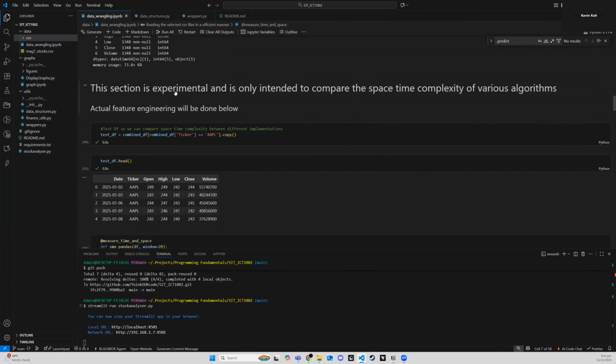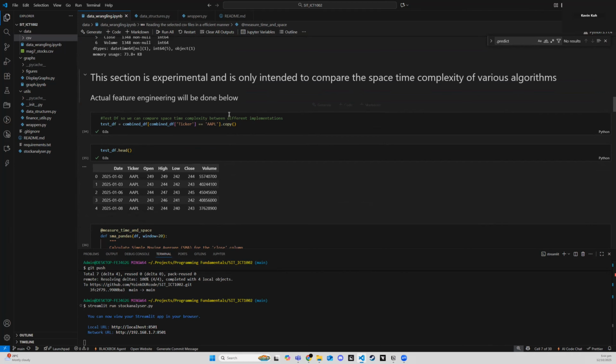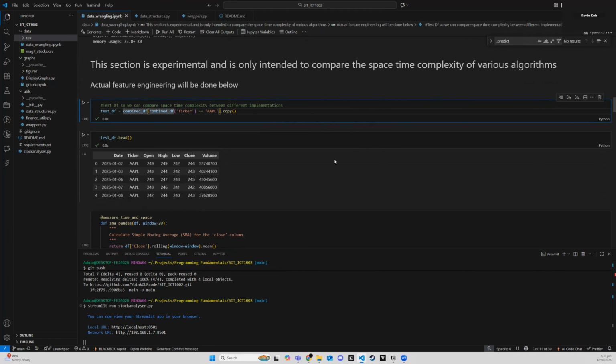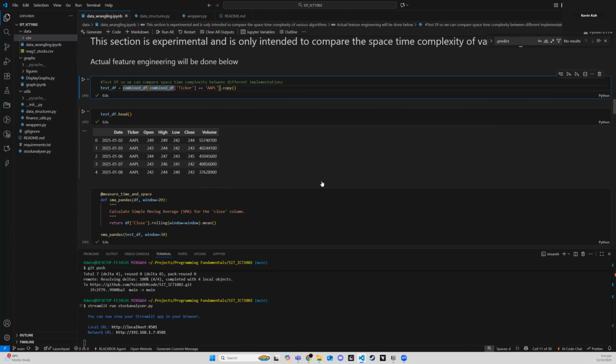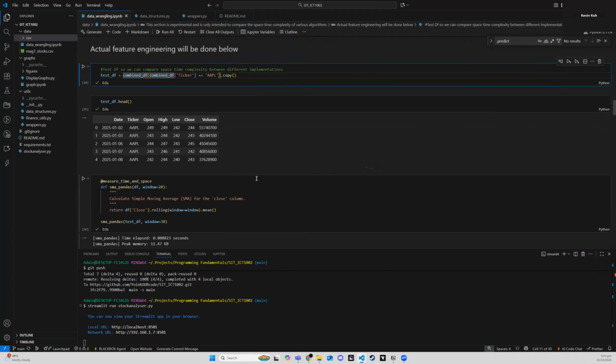So over here in this section, it says that we are only testing it out with the Apple data frame. This is so that we don't have to run through every single company in order to test the space-time complexity. And so, this section is mainly just measuring the space-time complexity of the different functions that we are going